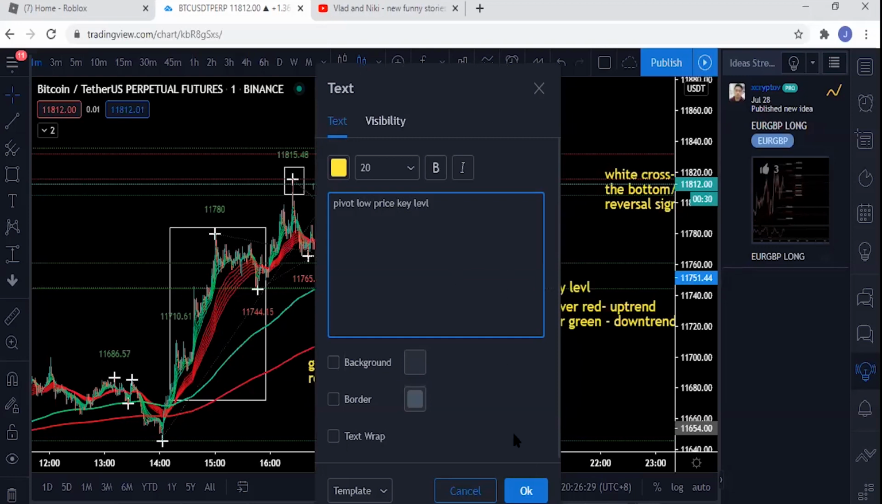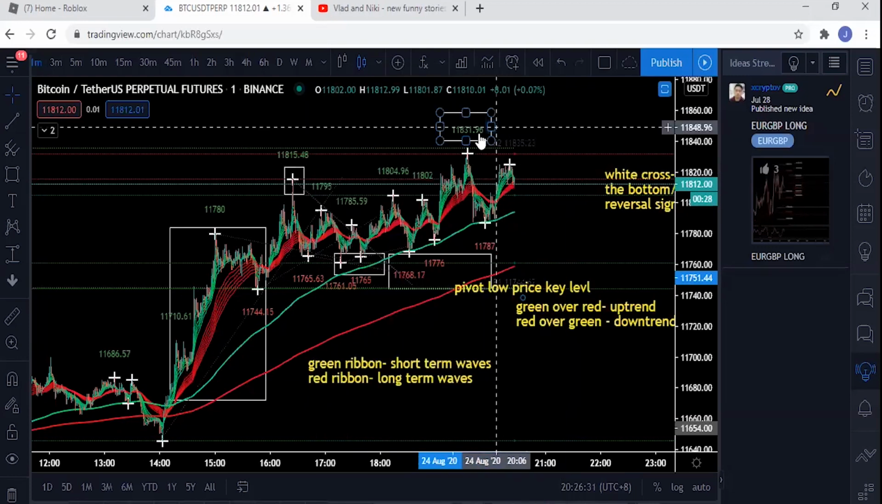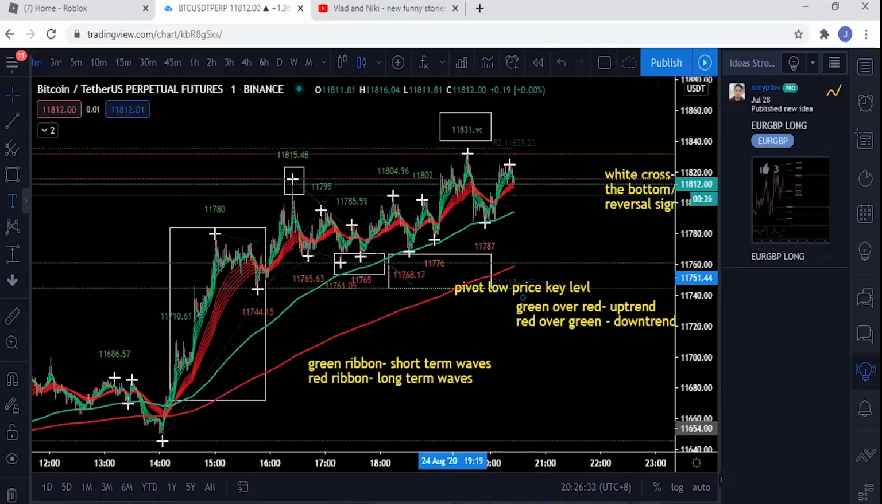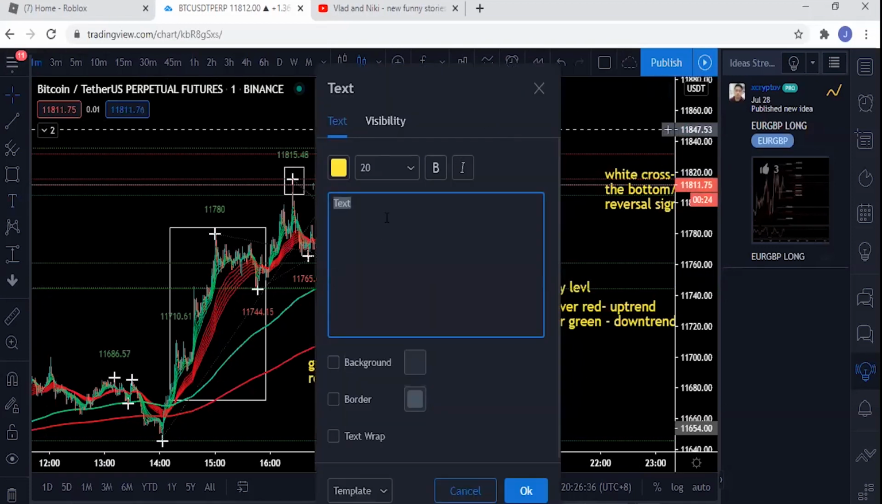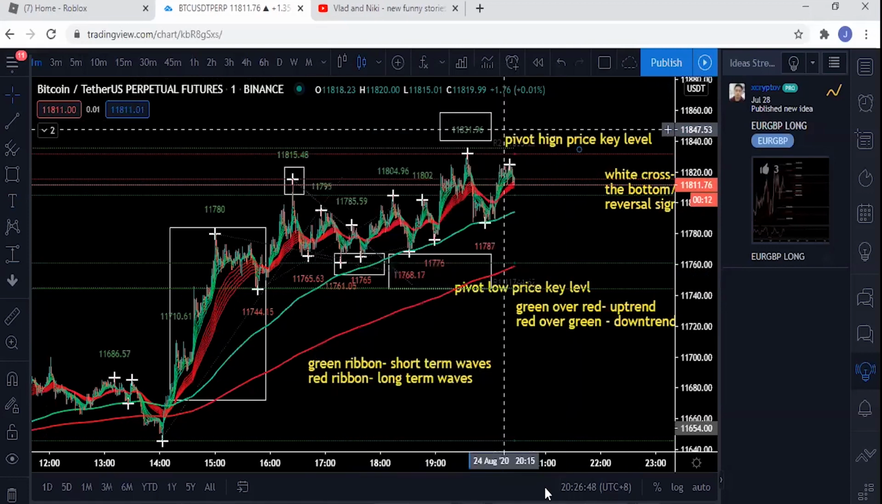And our green is, this is our pivot high price. Okay, so